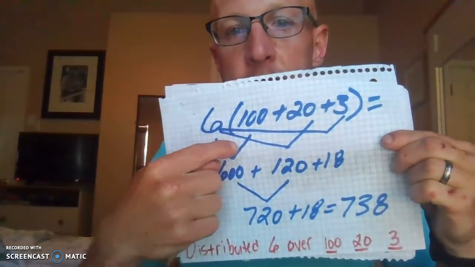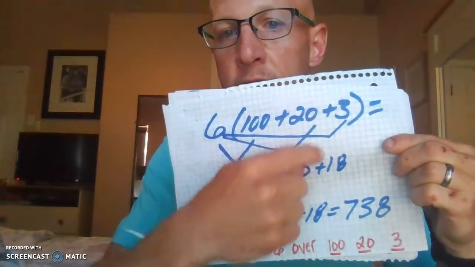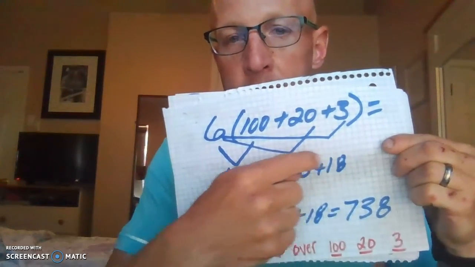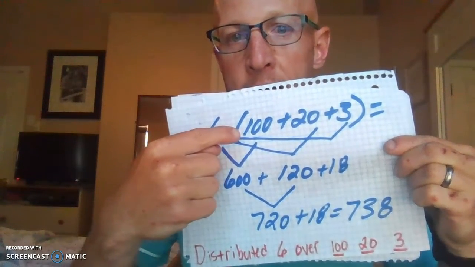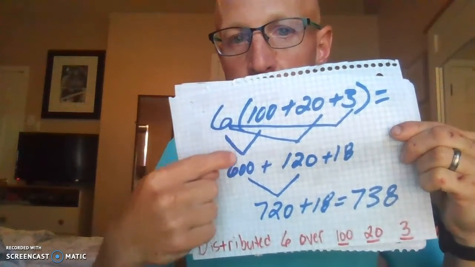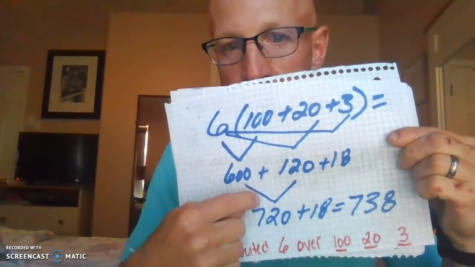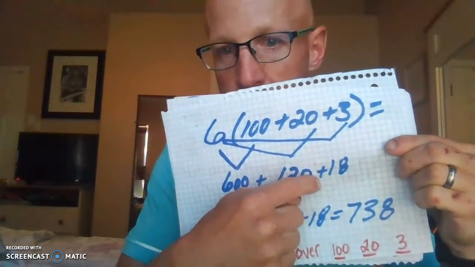Then I distributed the 6 over the 3, which gave me 18. Okay? So I just used the distributive property over all these places, and this looks a lot like that expanded form from the very first page I showed you. 600 plus 120 gives me 720, plus my 18 gives me